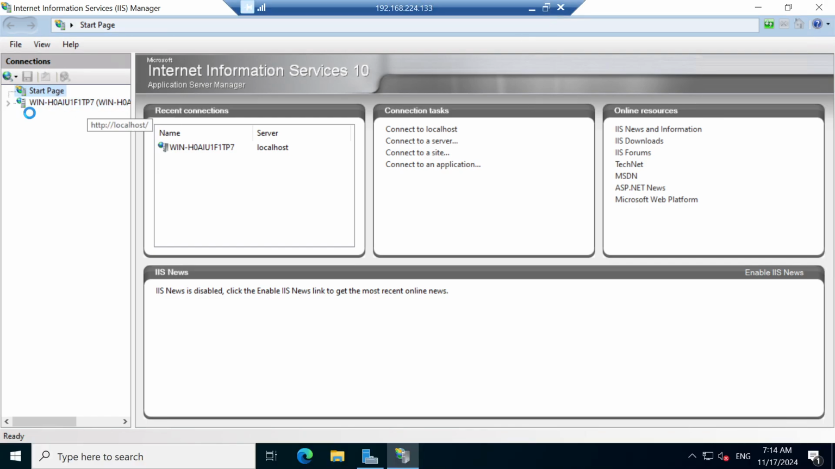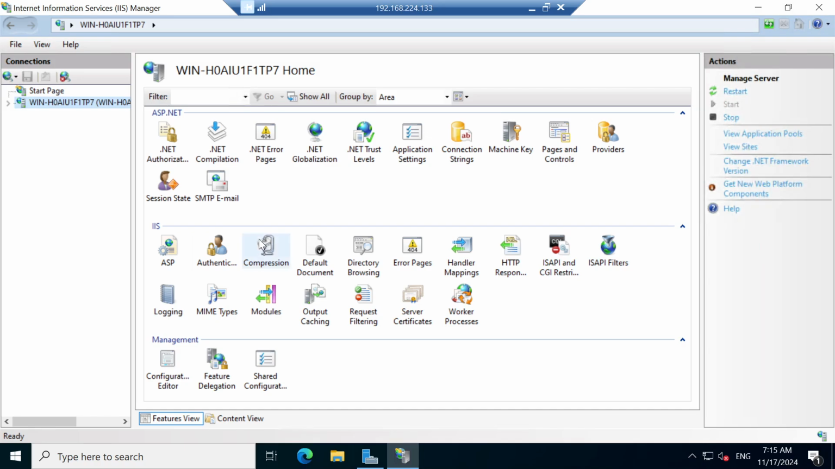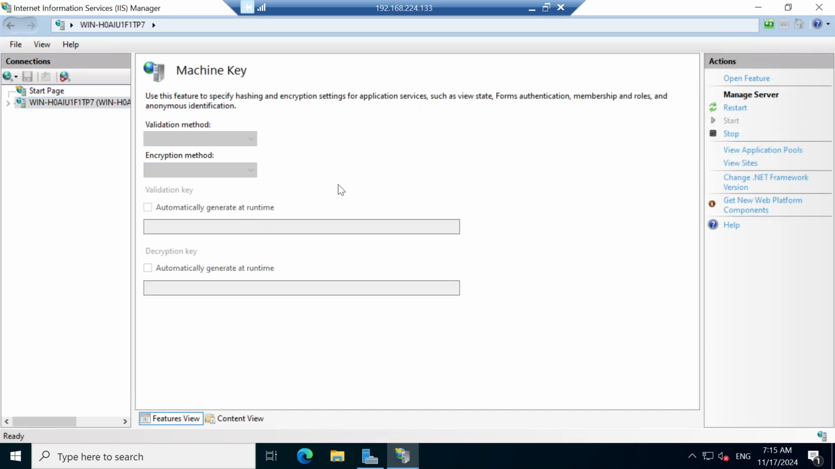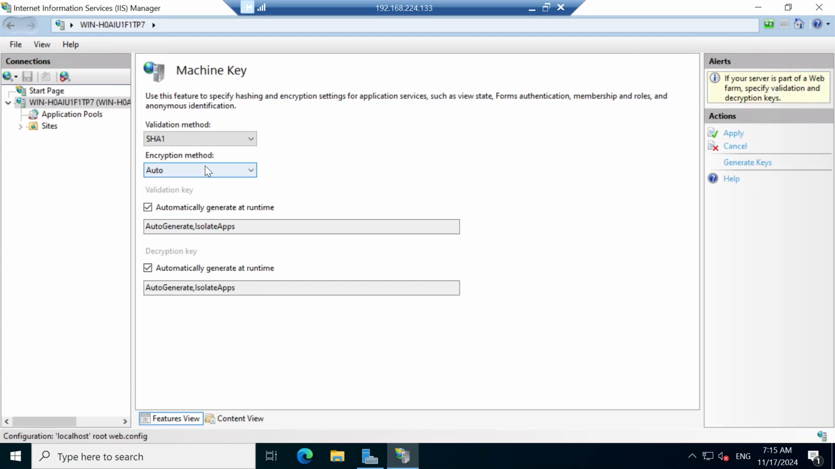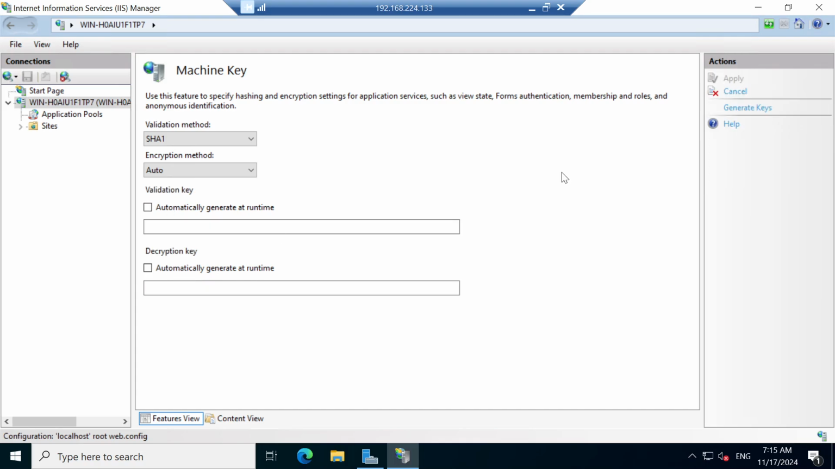So go to your server name. There will be the machine key. So generate the key, or if you already have it, you don't have it initially, it will be like this. So just uncheck both the checkboxes and generate the key, and copy this key